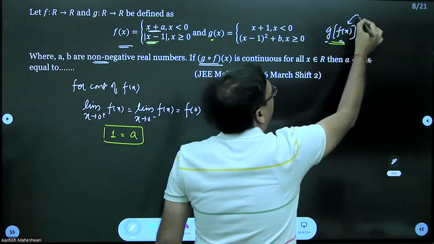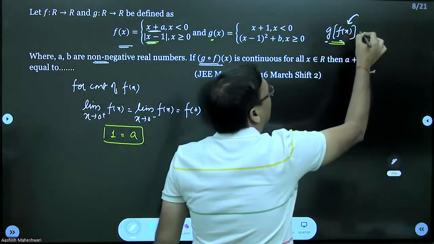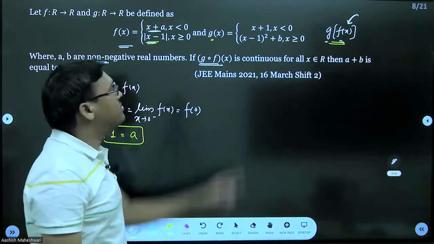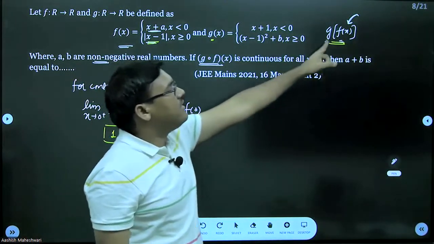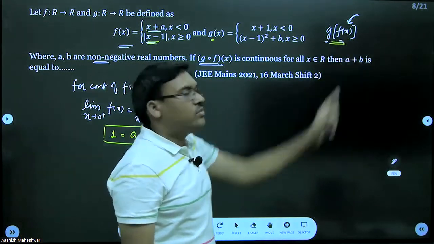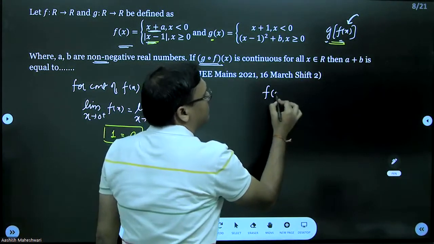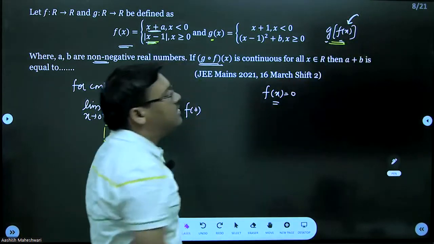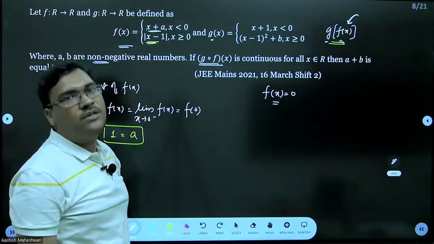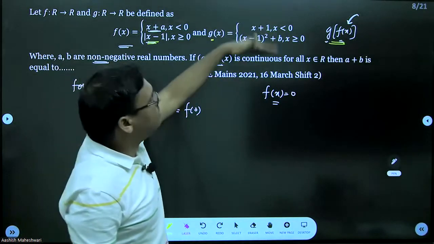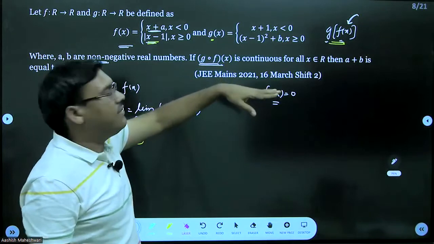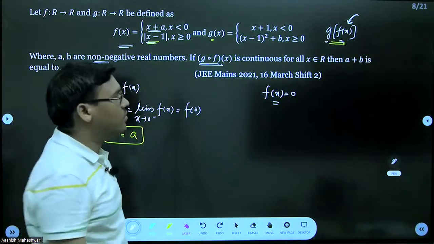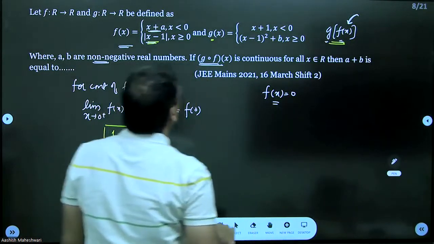if you have to make this function g of fx continuous, मतलब fx फंक्शन जहां पे 0 होगा वहां पे आपको इस फंक्शन को कंटिन्यूस बनाना पड़ेगा, बिकॉज g जो फंक्शन है उसके लिए, इस फंक्शन के लिए इनपुट क्या है, fx, तो fx जहां पे 0 होगा आपको उस पॉइंट पे इस फंक्शन को कंटिन्यूस बनाना पड़ेगा, then this g of fx will be continuous, because gx फंक्शन का जो कंटिन्यूटी है, मतलब डेफिनेशन है this changing at x equal to 0, बाकी पे तो प्रॉब्लम है ही नहीं।